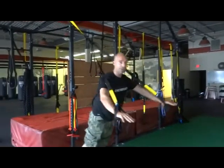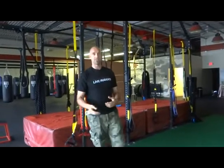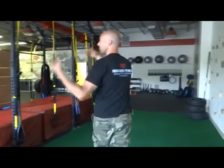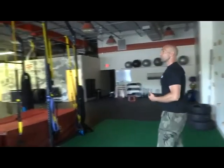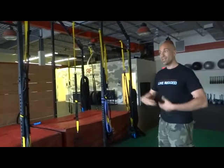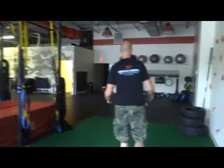Now I'm using my body weight to give me the resistance, rather than machine style exercises where you'd have to sit at a machine, set the weights, and then move from machine to machine. We do whole classes just on those TRX. So it's very cool. In addition, we have pull-ups off of this. We've set up an obstacle wall for climb overs, and ropes to climb. Again, we're trying to get people trained and ready for these obstacle course races and also for general fitness purposes. So as we move this way,